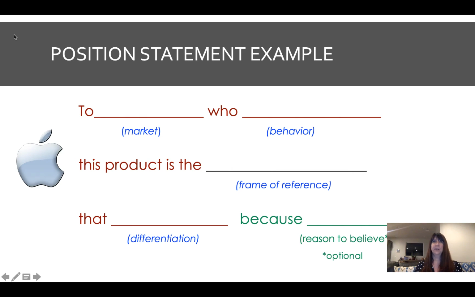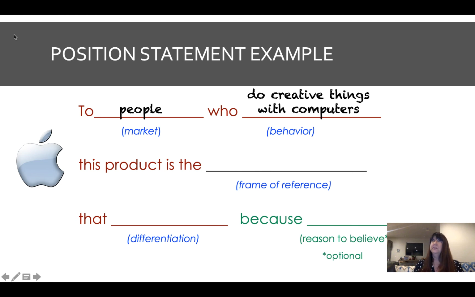So say, for example, you're Apple. Apple has lots of different segments, right? You could be a teacher, you could be a parent, you could be somebody in a corporation. All of these different target audiences have different needs. So here's how you would develop a position statement. First, let's look at the market. Okay, people. Let's look at people in general would be our market. How do they behave? What do they use this for?